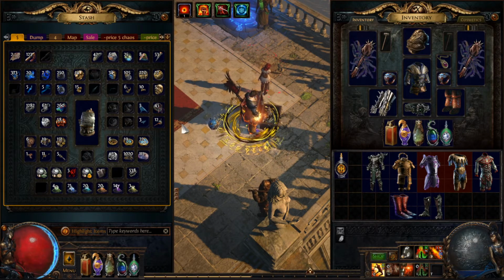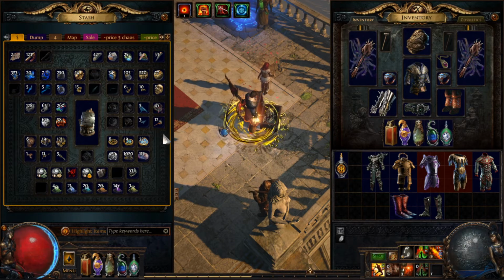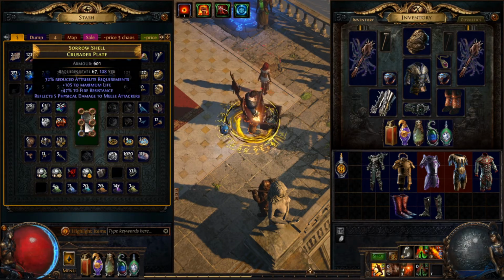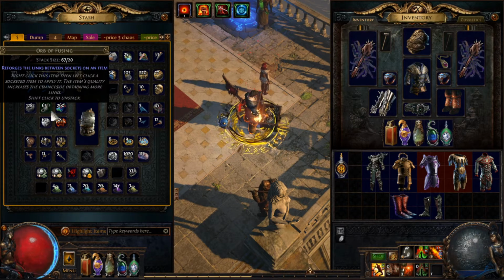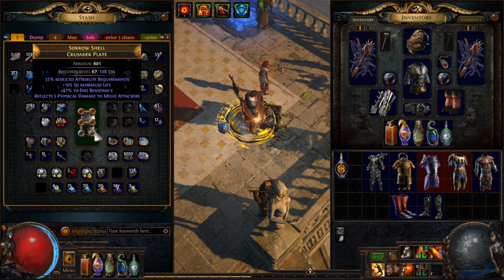is that it affects the chance that you 6 socket or 6 link a piece. So for instance, this chest piece right here, let's say we wanted to 6 link it, you might think, okay, it's already got 6 sockets, so I can just start jamming my fusings until I hit a 6 link. The problem with this is that for every percentage of quality, you increase the chance that you'll be able to